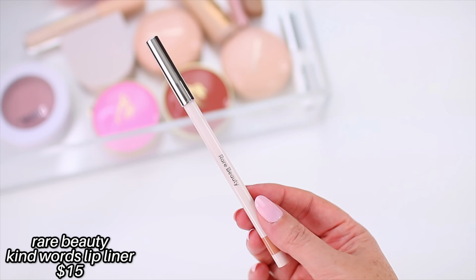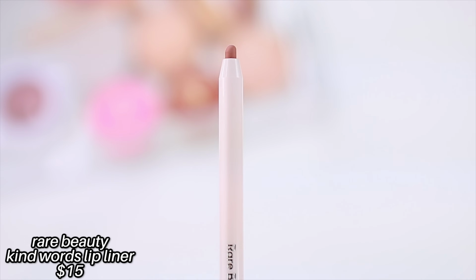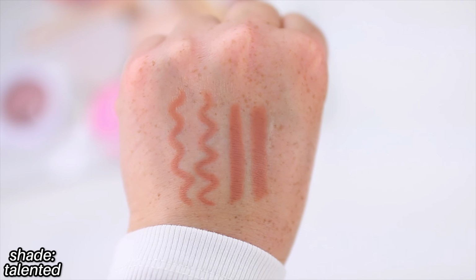I will say Rare Beauty's lip liners are more reasonably priced. These are $15, but there are so many great options at the drugstore that are under $5 that I don't typically even look at lip liners at Sephora. It glides on so nicely and it stays in place really, really well. So I do find that when I wear lipstick on top, it locks that lipstick into place,